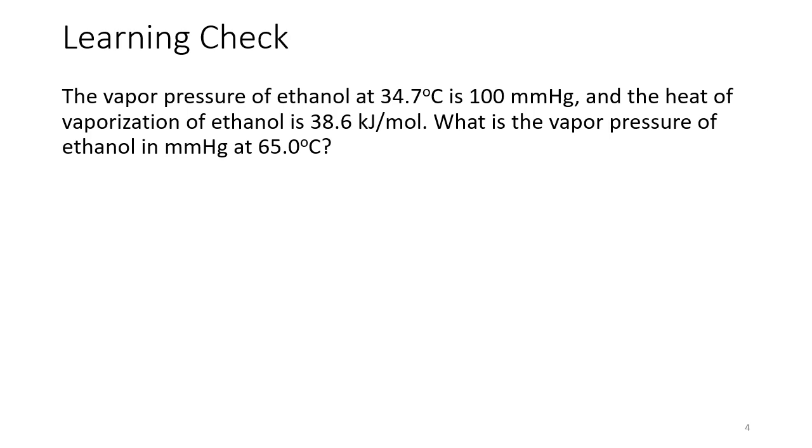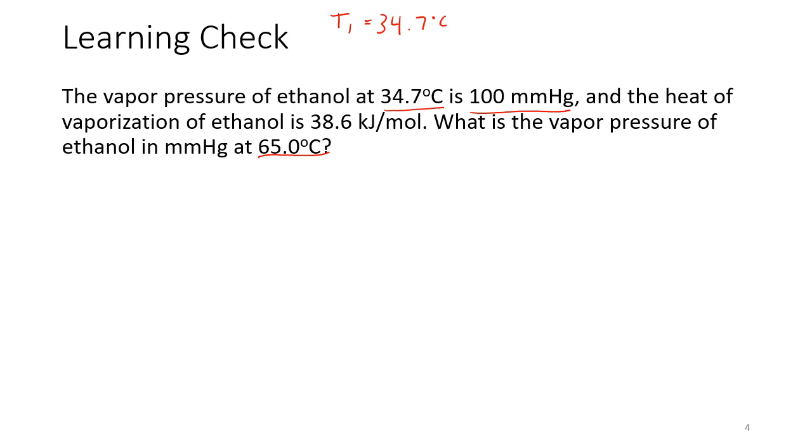We know at 34.7 degrees Celsius, the vapor pressure is 100 millimeters of mercury. We're trying to figure out what the vapor pressure is at a higher temperature, at 65 degrees Celsius. Since there's a direct relationship between temperature and vapor pressure, we should expect a vapor pressure that is greater than 100 millimeters of mercury. Let's assign T1 as being